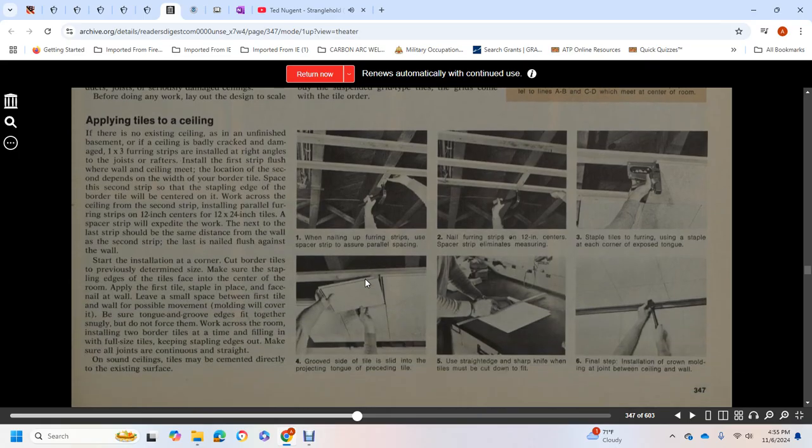Applying tiles to the ceiling. If there's no existing ceiling, such as an unfinished basement, or the ceiling is badly cracked or damaged, 1x3 furring strips are installed at right angles to the joints of the rafters. Install the first furring strip where the wall and ceiling meet. The second depends on the width of the border tile. Space the second strip from the edge of the border tile, centered on the work,